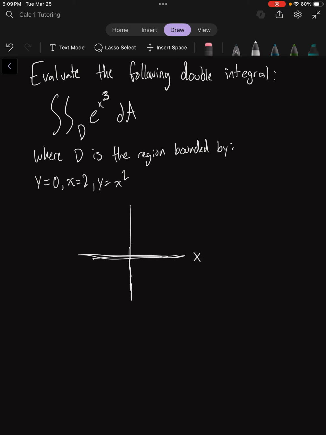So we have our x here and our y here. Let's make this red. We saw y equals 0 is the first one, so let's draw that here. Let's do the second one, which is x equals 2. Let's say this is 2 here, so we draw that like this, x equals 2. And then finally we have y equals x squared, which we know is a parabola like this, and then it goes to infinity, but we'll just draw some arrows on that,